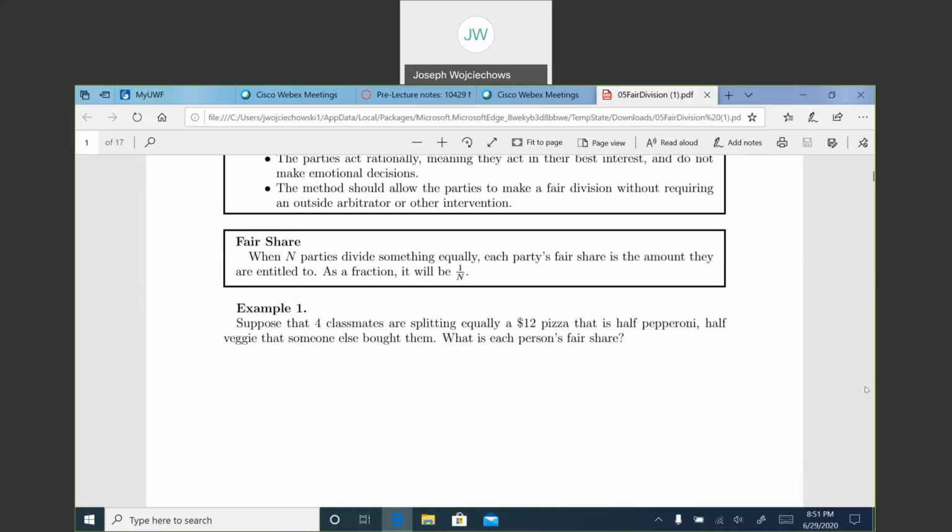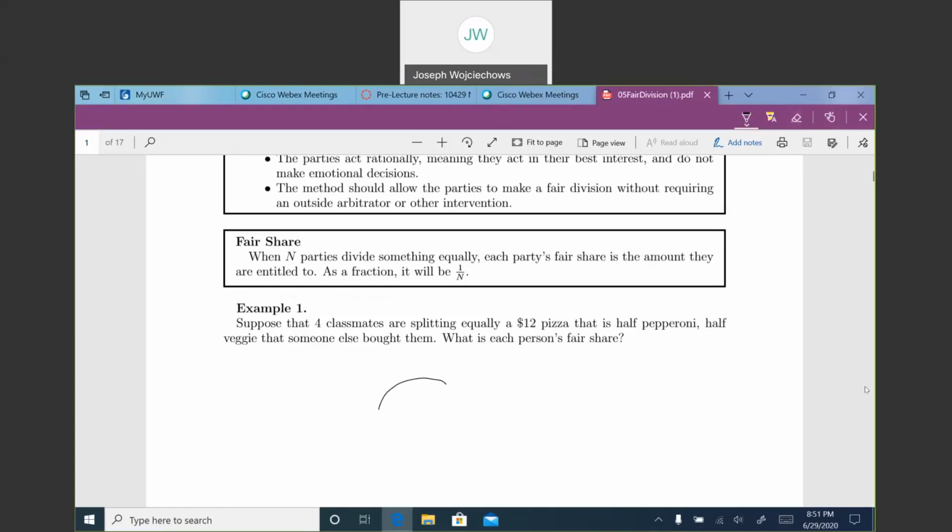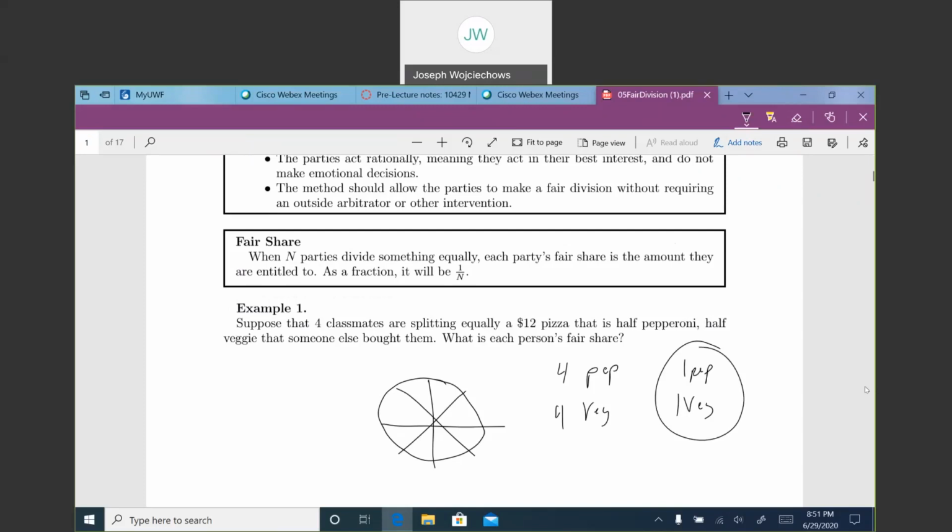Well, the easiest way to do this, a typical pizza, let's draw our pizza here, is divided into 8 pieces. And it's half pepperoni, so we have 4 pepperoni pieces and 4 veggie pieces. Now, there's 4 of them, so a fair share would be 1 pepperoni and 1 veggie, typically. However,